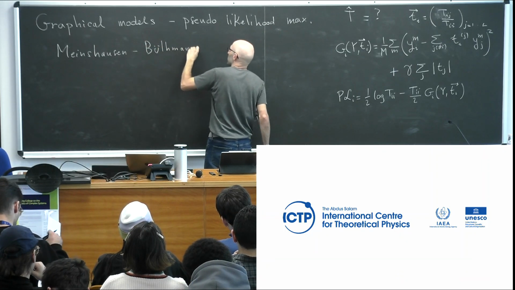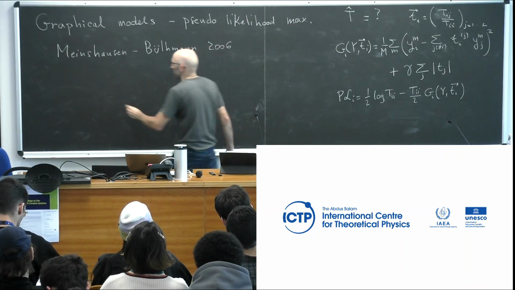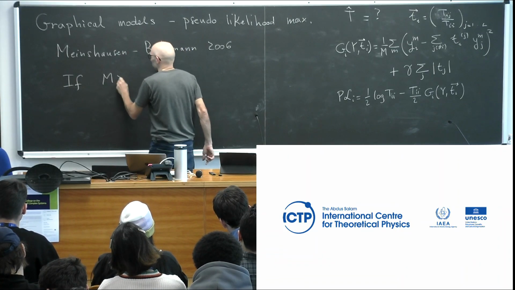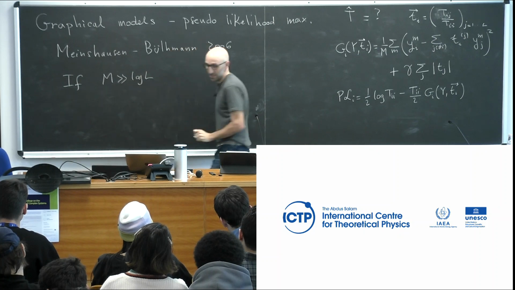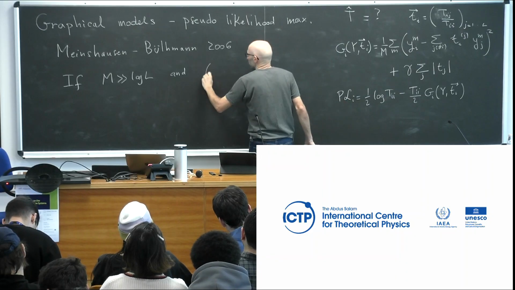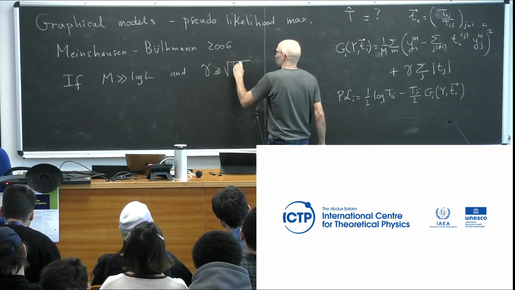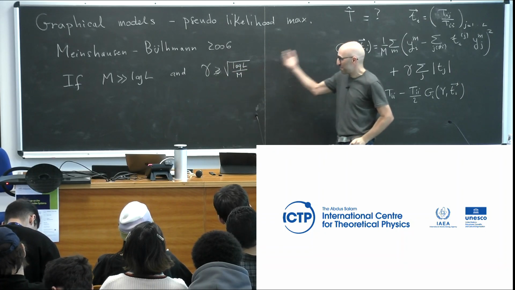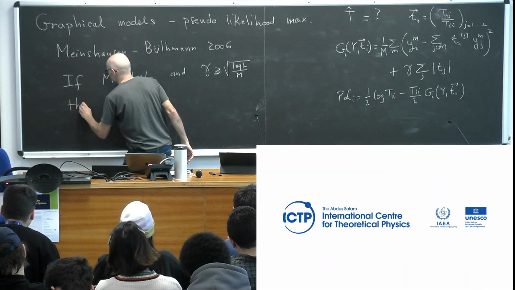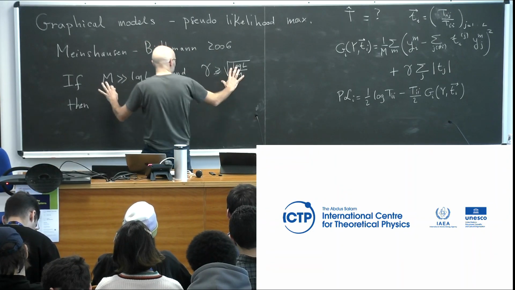It's cited in our book, so you can find the reference there. Paper from 2006 that says that if M is much bigger than log L, and you choose gamma here to be of the order or bigger than square root of log L over M, so this is the result I got before, then, I mean, the theorem is a bit more complicated, but essentially it says this. If you have this, then